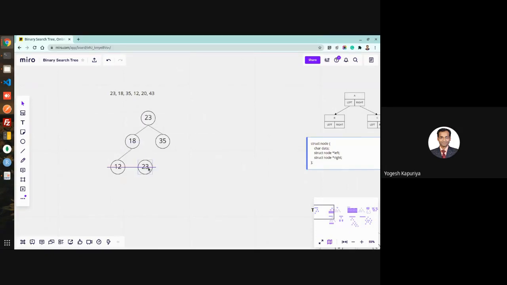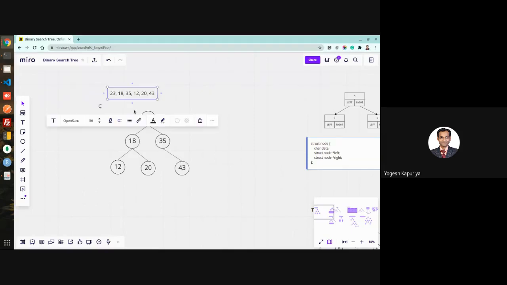So 20 goes to the right of 18. And next is 43. Right, so 43 goes here. So this is a very simple approach.